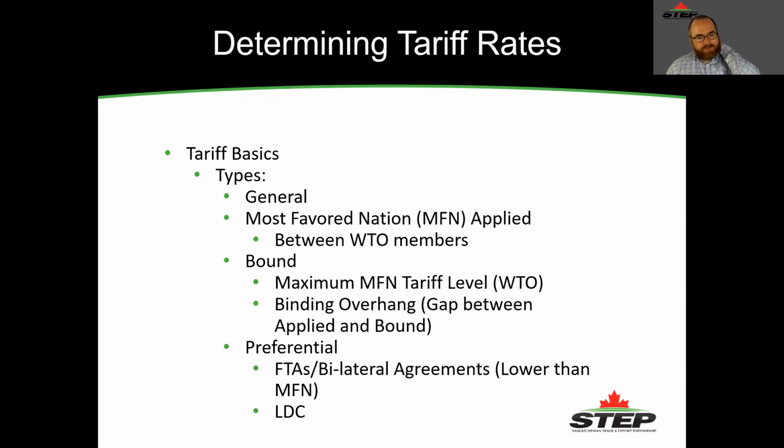There is a bound tariff; within the WTO, all the countries who are part of that have agreed to submit these applied and bound tariffs to the WTO. The bound really states the maximum they could go on that tariff at any one time. But what you're looking for in most cases is this most favored nation applied tariff, this MFN applied tariff. And that's the one that all WTO members get for each other. If there is a free trade agreement in place, then you'll want to look at that one.